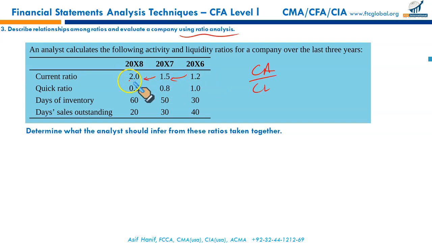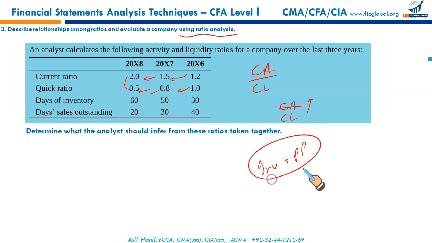So it means over the period your current assets have proportionally increased more than current liabilities. At the same time, your quick ratio has fallen. What does it mean? Quick ratio and current ratio, their difference is caused by inventory and prepayments. What does it tell us? So there is no indication of prepayments. We can assume that this difference in these two ratios is caused by inventory.